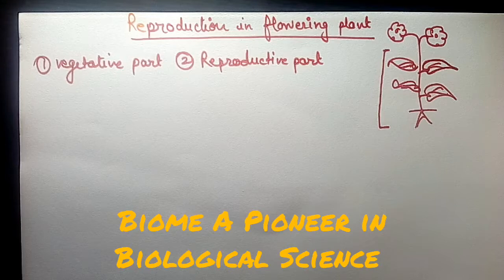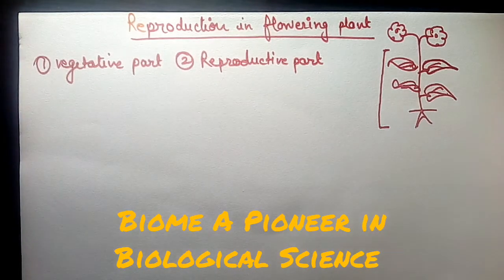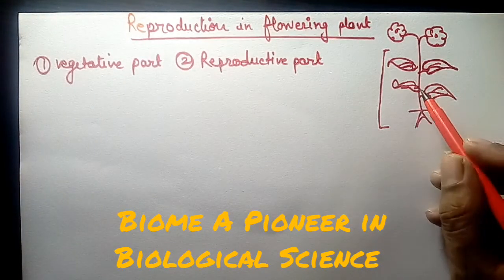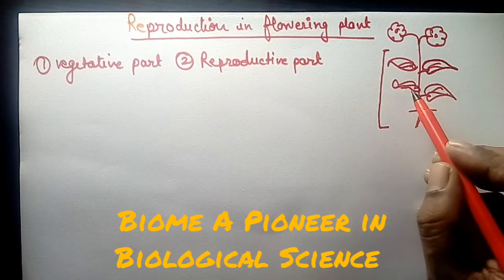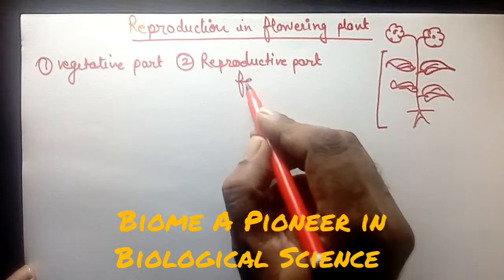Flowering plants have two parts. One is called the vegetative part and the other is called the reproductive part. So what are the vegetative parts and what are the reproductive parts of the plant? Vegetative parts include root, shoot, leaves, while the reproductive part includes the flower. It means we can say the reproductive part is the flower